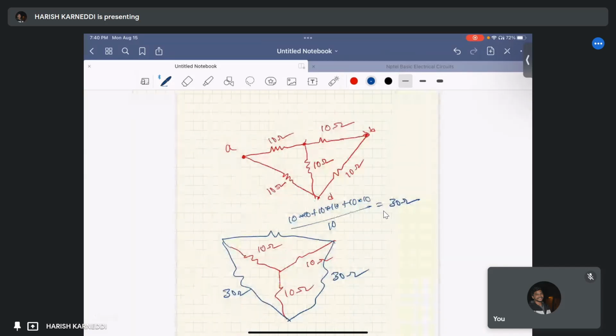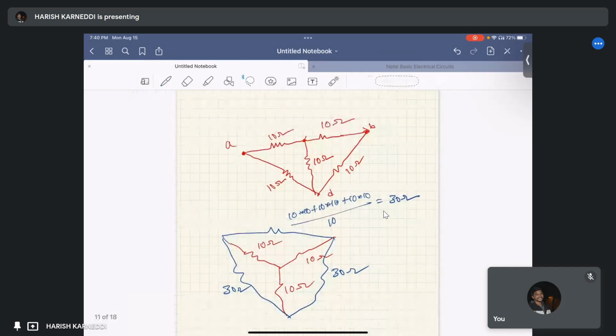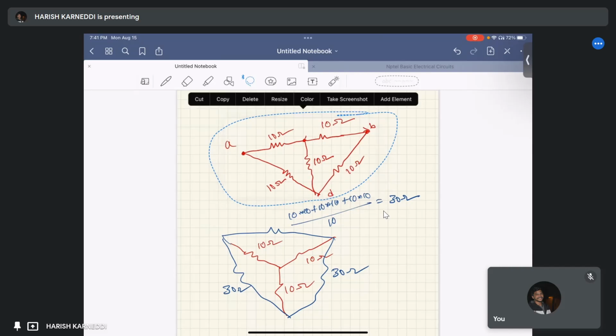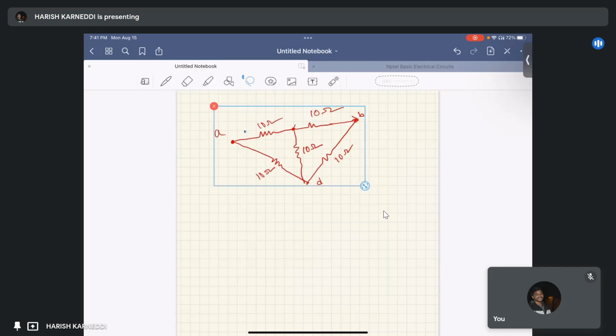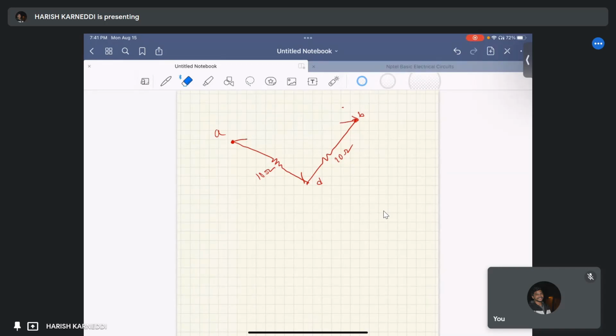So I'm just taking this circuit and just redrawing that new equivalent circuit. This all is going to be erased, right? Our new circuit will look like this,